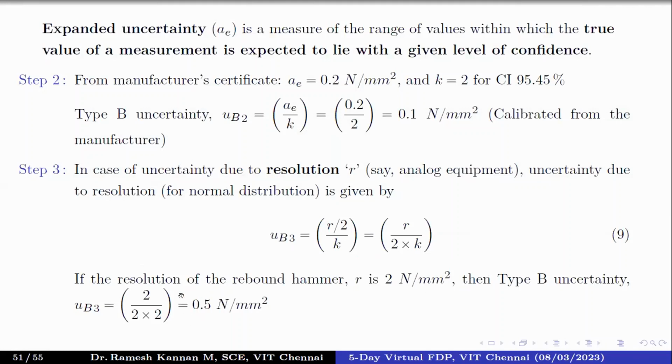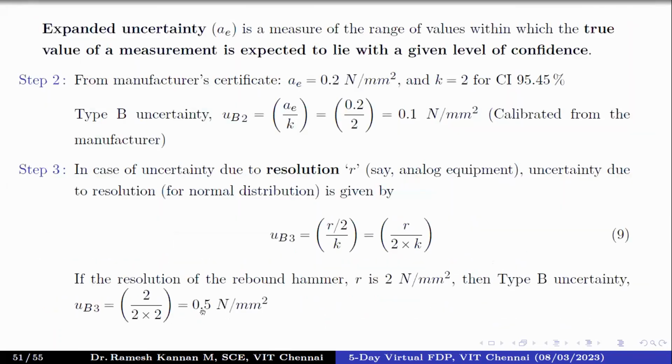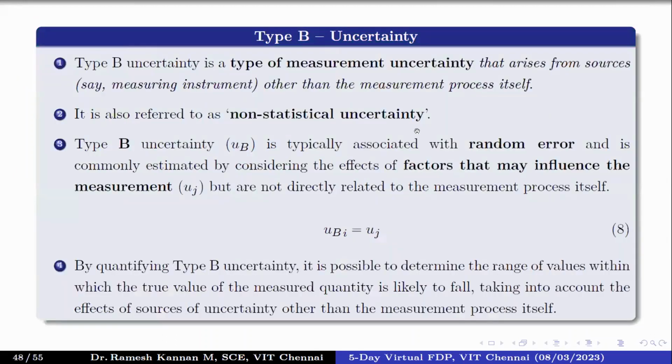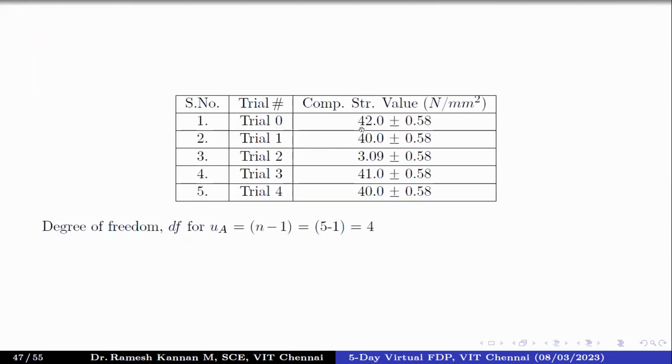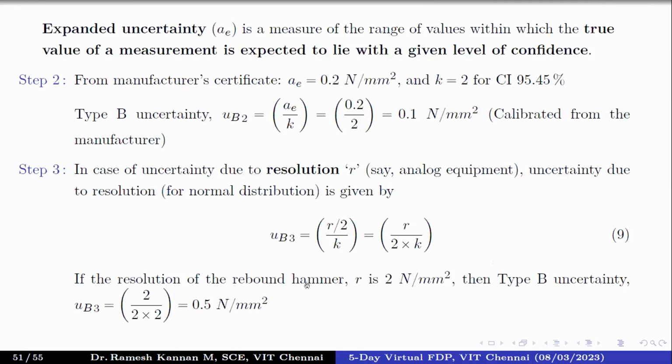Remember that the resolution is 0.5, and you can see we could correlate this here. Without uncertainty, this is the actual value that we will presume. But with uncertainty calculation, we have got something like this. You see, even the equipment resolution is 0.5, which means that is almost true. Generally, if it is 42, it is 41.5. That is how the equipment itself is. So this is particularly about the resolution characteristics.